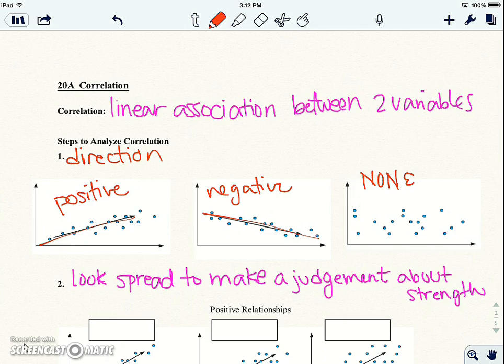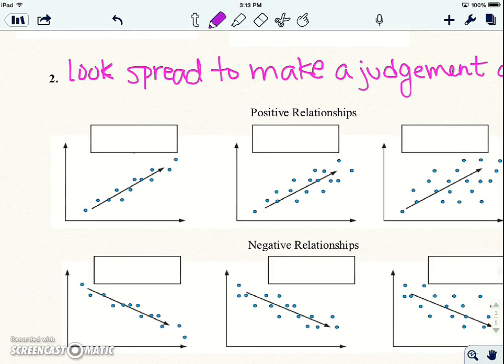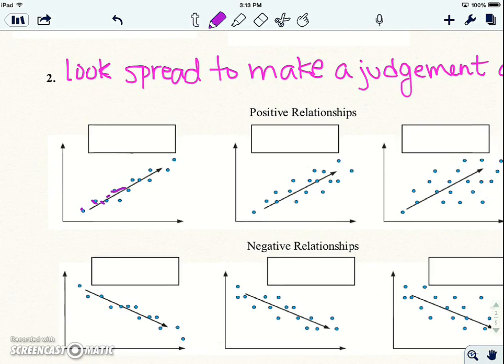Okay, step number 2. All right, I actually paused it. Before I go into step number 2, let's look at step number 1. It has direction, or any type of pattern, is what we're looking for. So here we have a positive pattern and a negative pattern and really no pattern at all. All right, step number 2 is to look at the spread to make a judgment about the strength. How well do the points fit the line? Well, here they're pretty close to the line, right? So it's strong,